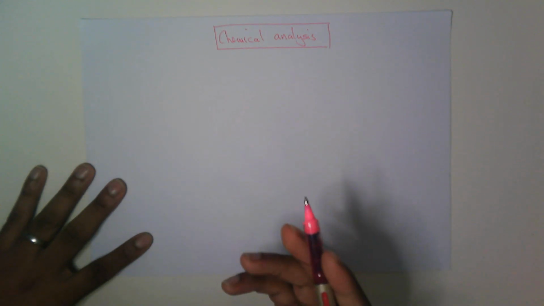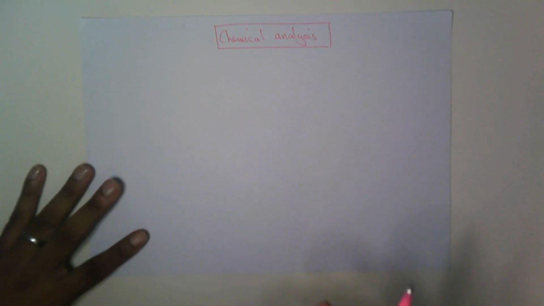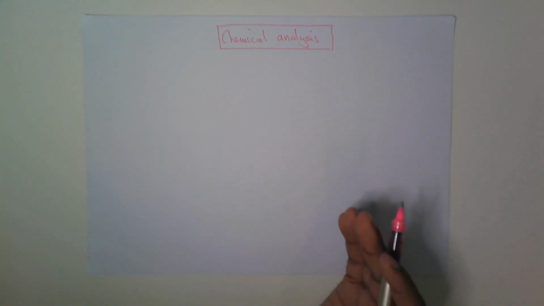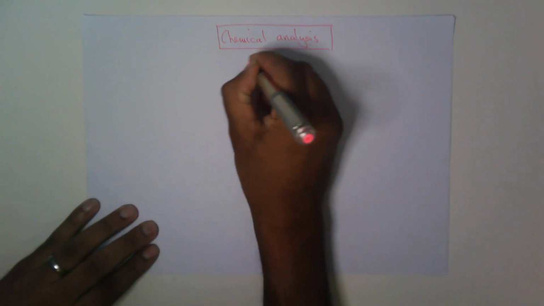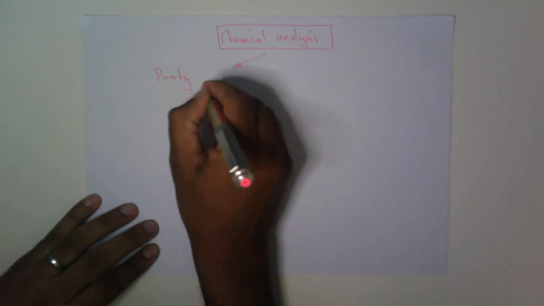Now, there's three parts to the chemical analysis for combined. You've got looking at purity and formulation, chromatography, and also testing for gases. Right, let's start with just looking at purity. Now, purity is